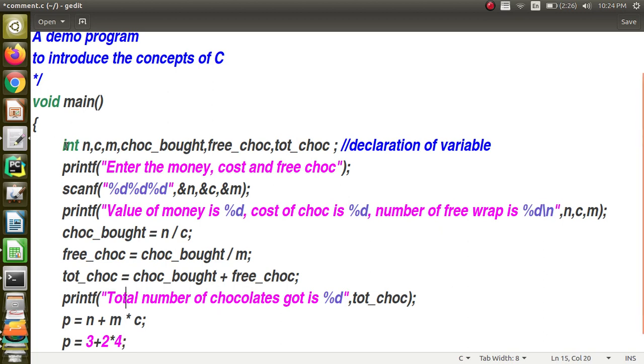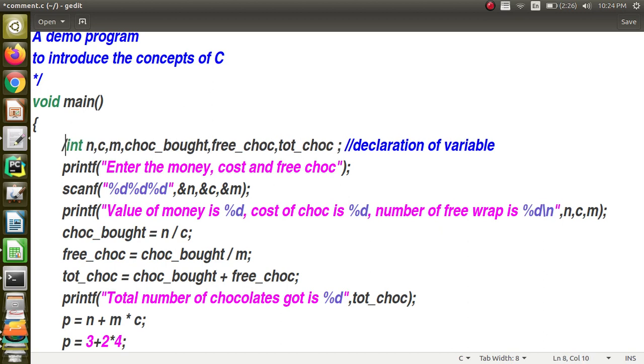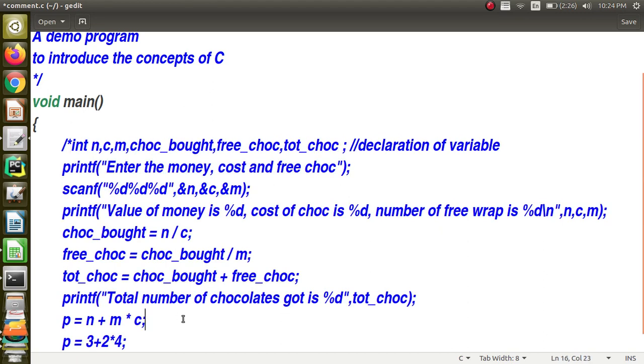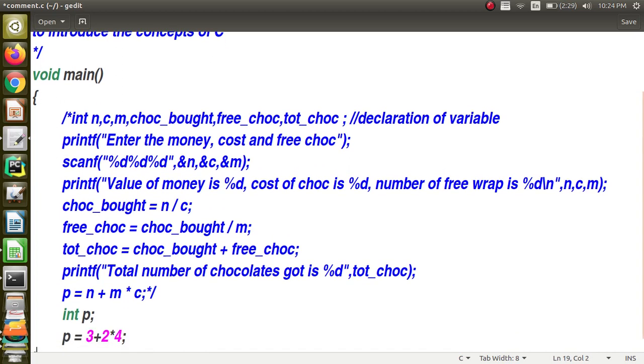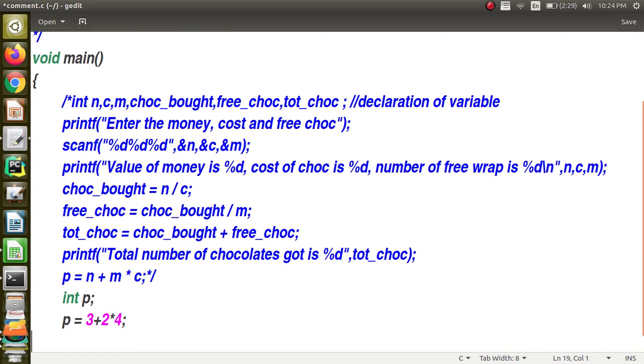Before that, let me show this so you can convince yourself that the BODMAS rule is implicitly followed in C language. I should declare a variable int P, otherwise I will get an error. Then print value of P. I have to print the value of the variable P there, so percentage %d I should give, and then P.